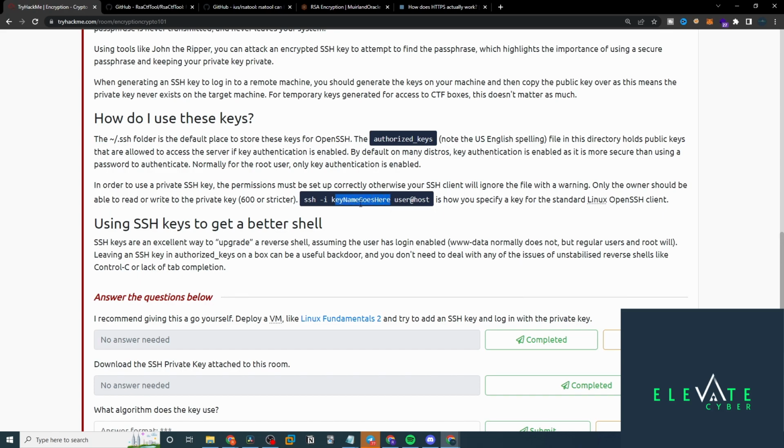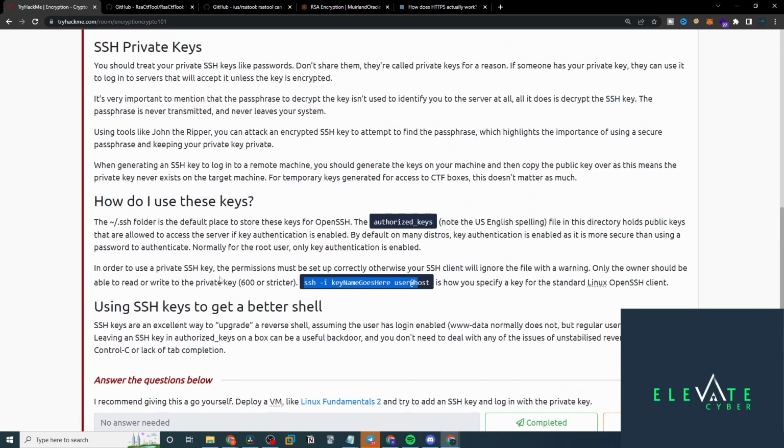the file, the actual private key file. And then your user that you're trying to log in as, and then the host. You can either specify an IP address or a host name. And the important thing about this key file is that it has very strict permissions for this private key file. What you want to do is run chmod 600 because it has to have very strict permissions on it. So if you don't have the correct permissions, it's going to give you an error when you run this command. This is something you could test for yourself as well.